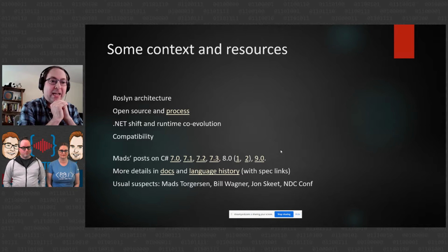What Roslyn changed is the compiler is a library, a set of APIs, shared for multiple scenarios. That means it powers the IDE. Roslyn is used in Visual Studio. It's also used in Visual Studio Code and other editors. Also, one thing that changed at that time is we shifted to open source, and